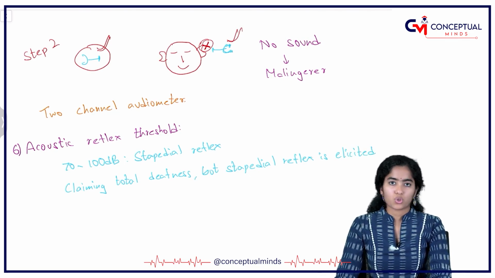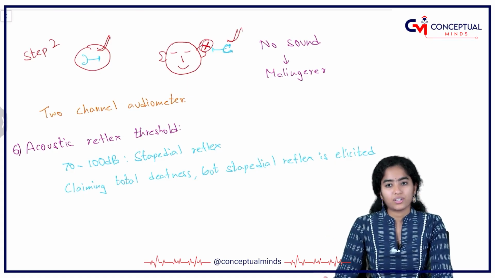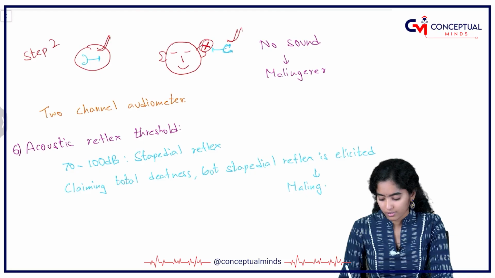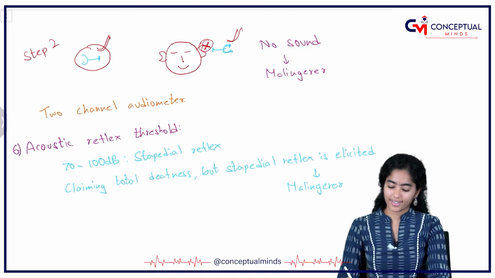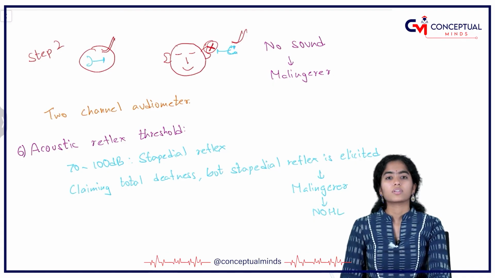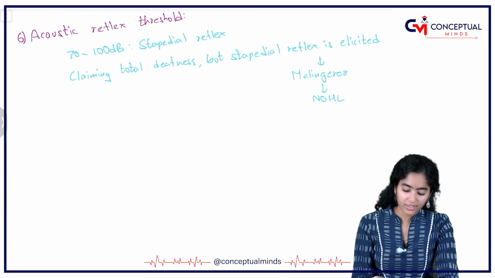The patient claims total deafness, but when you are increasing the intensity of sound, at some point stapedial reflex is elicited. It obviously means that the patient is a malingerer. And it is a case of non-organic hearing loss. This is another test. And the last and final test is,